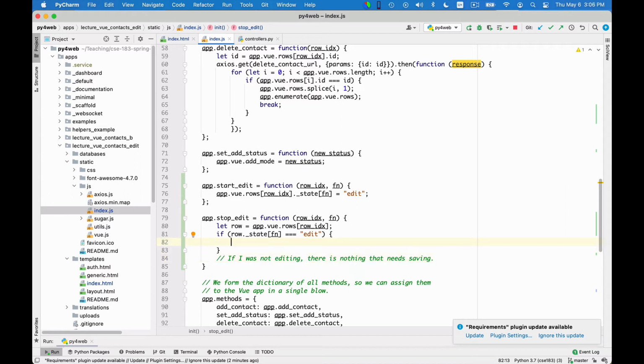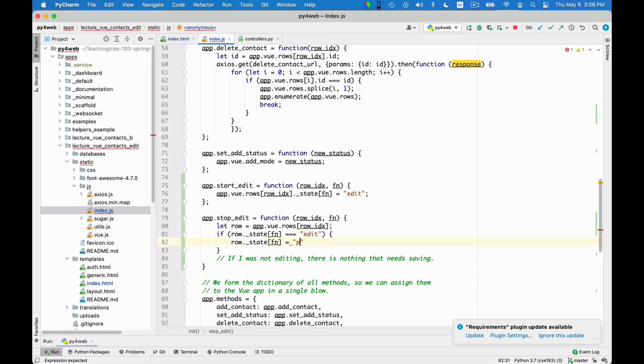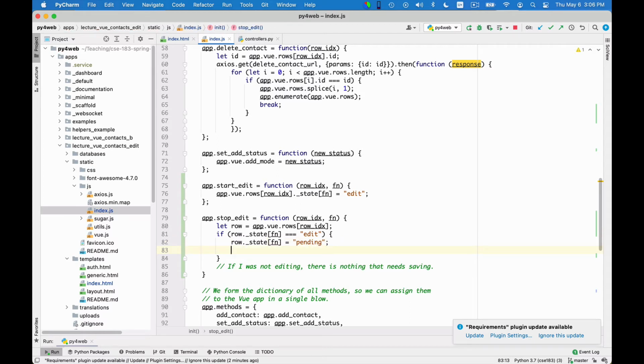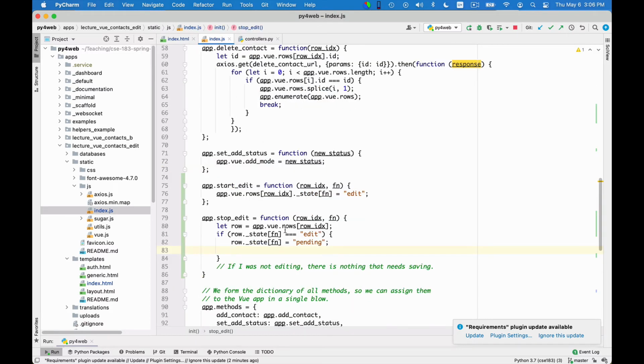In this case, what I want to do is that I want to save it. So the first thing I do is that I say row.state of this field is equal to pending. This will give the proper styling to the field via the declarations we had, right, for the class pending. If you look at it, it's here, right? If the class is pending, we display the spinner. So, and now we need to tell the server about the new value for the field. So we need to do a server call, of course.